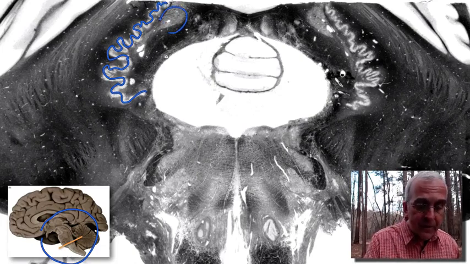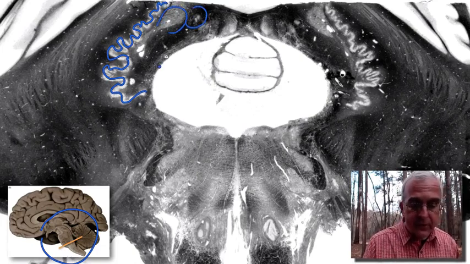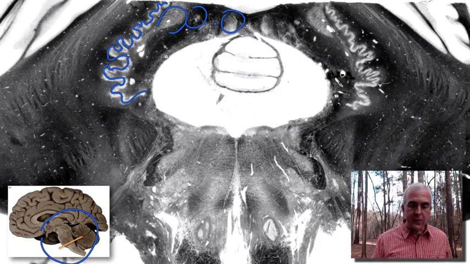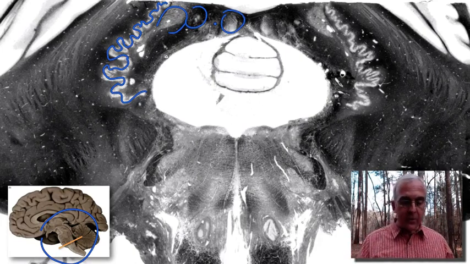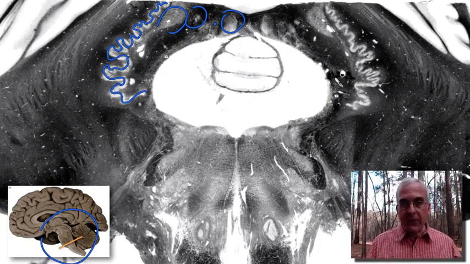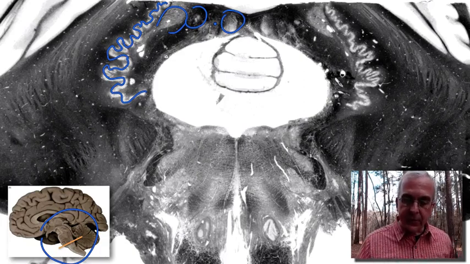It looks like we have elements of our interposed nuclei here, and then this is our fastigial nucleus. So these are the nuclei that are arranged in the base of the cerebellum in the white matter on the dorsal and lateral aspects of the fourth ventricle. Now I'll just caution you, if you look carefully at this dentate nucleus,